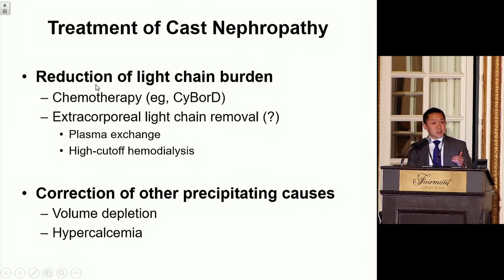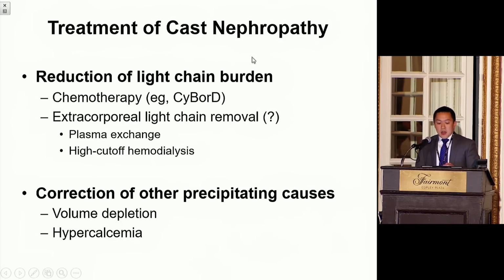The most important thing to do for this is to administer chemotherapy as soon as possible if the patient is not already receiving chemotherapy. In this day and age, there are a number of novel anti-myeloma agents that are being used. Most regimens use a combination of drugs that include a proteasome inhibitor such as bortezomib in combination with steroids like dexamethasone, and sometimes with other drugs like lenalidomide, thalidomide, or Cytoxan.